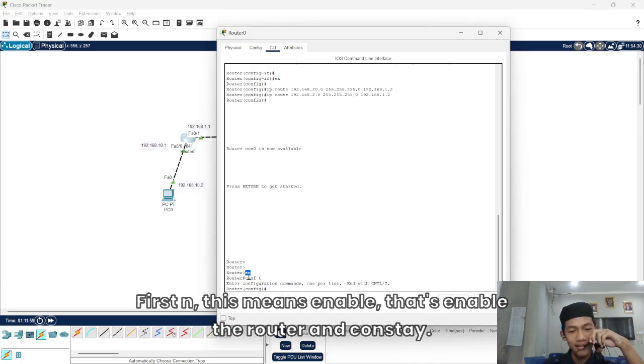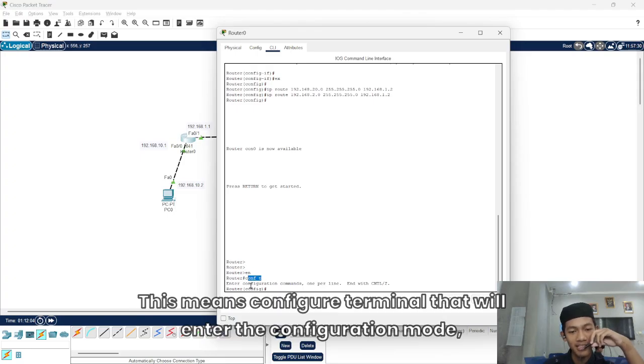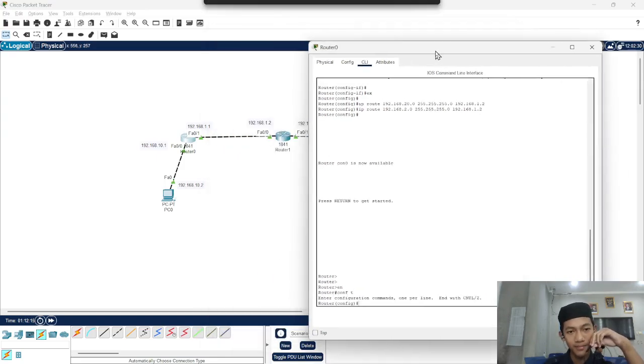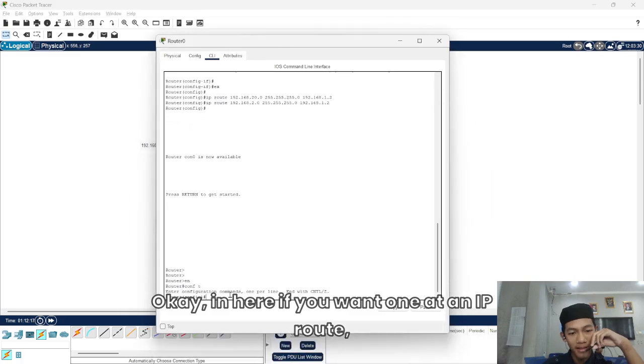First, this means enable, that enables the router. And conft means configure terminal, that will enter global configuration mode.